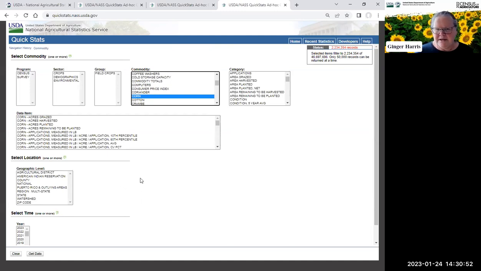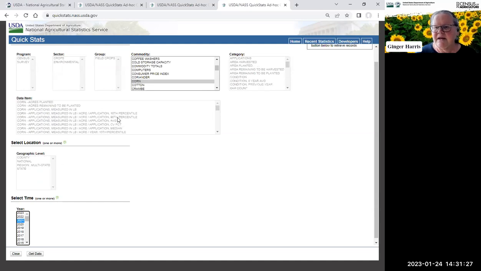Now, we publish conventional corn in so many different ways. We have limited data items available for organic corn. So the easiest way to focus on finding data you can compare between the conventional and organic markets is to choose particular data items and to choose a particular year. Let's just look at corn data available, and the latest organic corn data is from the 2020 survey. So let's choose that time,